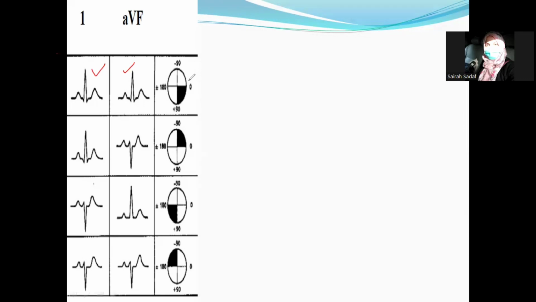Let me draw the two leads on graph paper. Let's assume this is a graph paper. Now I will draw both the leads. This is our lead 1. It is the lateral lead. This is the negative pole. This is the positive pole. Now, this is our